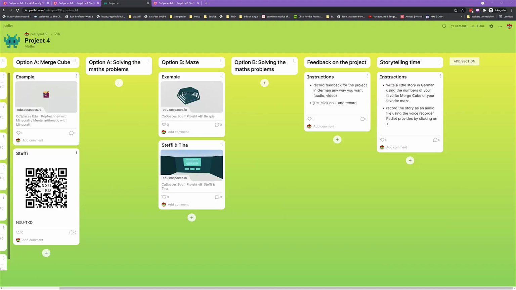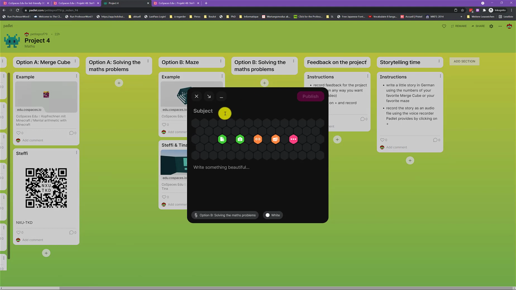And what you're going to do next is that you pick at least one maze that you want to give feedback to. You write down the calculations in German using whole sentences. So for 1 + 1 = 2, you would write down "1 + 1 ist 2," and so on. And then you create a new post here. You enter your first name